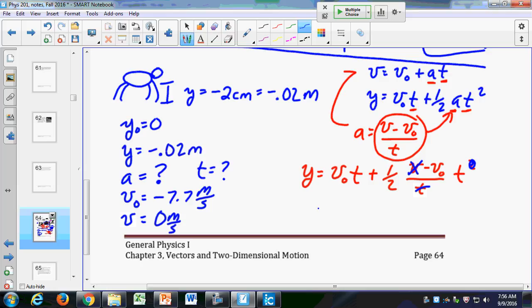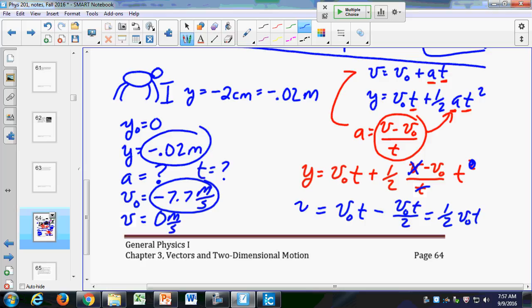So now I get a fairly simple expression, v naught t minus v naught t over 2, and that is equal to 1 half v naught t. If I put in my value for v naught here, and I know my value for y here, then I can say y equals 1 half v naught t, solve for t, and I find that t is equal to 5.19 times 10 to the minus 3